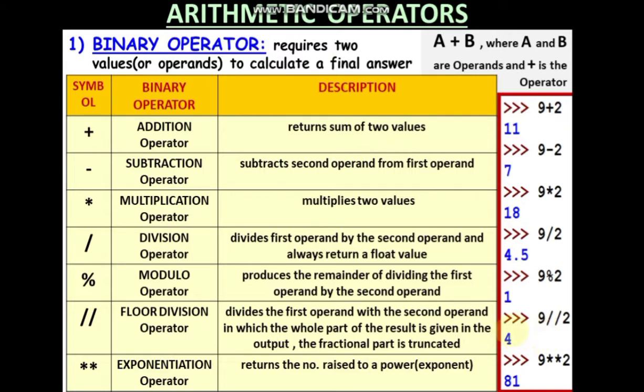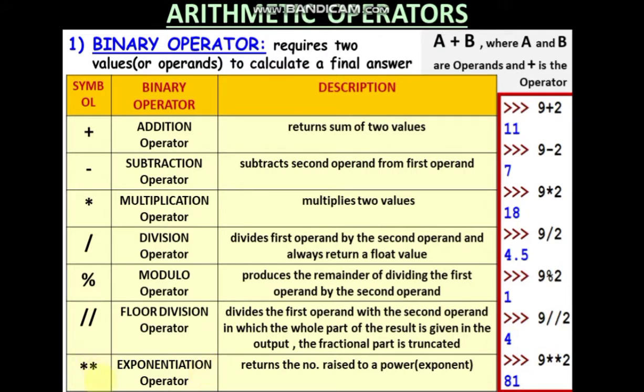Like if we divide 9 by 2, you know the answer is 4.5 if we give only a single slash, and it returns a float value. But when we do 9 double slash 2, it just truncates the 0.5 part and gives the integral part, the whole part. So that is 4. And it doesn't round off also. It is not rounding. It is just truncating the decimal part. It is just cutting off. Truncating means just cutting off the decimal part.